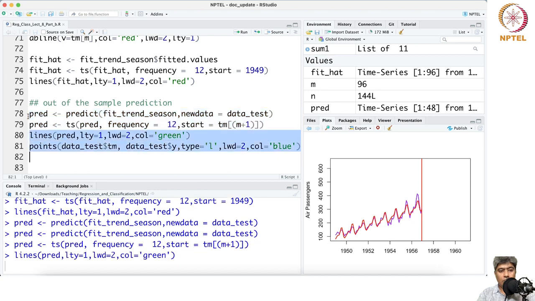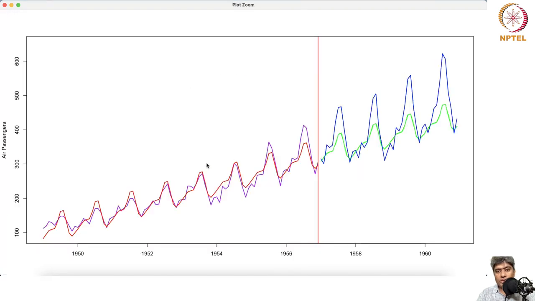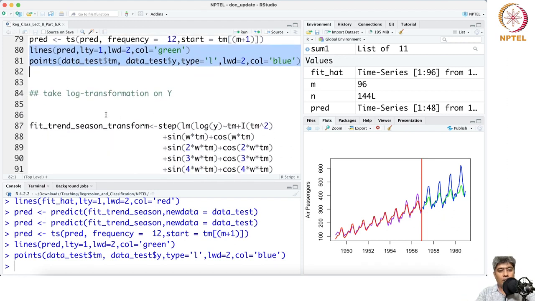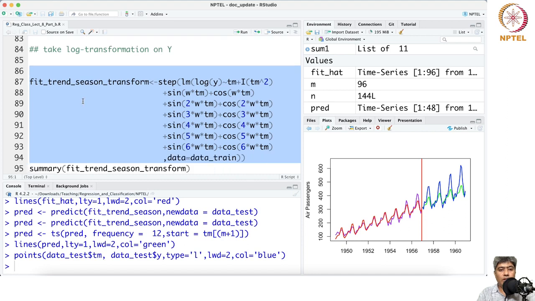And then we can see that it's definitely missing the, so these reds and these greens are out of the sample forecast, and clearly it is missing the highs of the max, the peak seasons. So we take the log transformation, fit trend and seasonality with log transformation, and then on